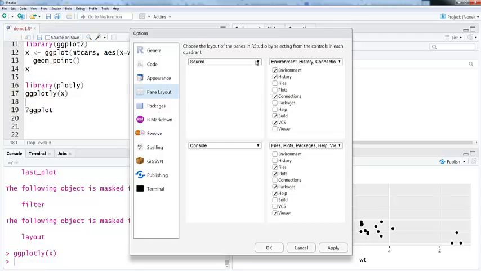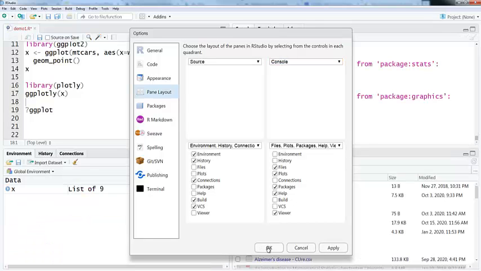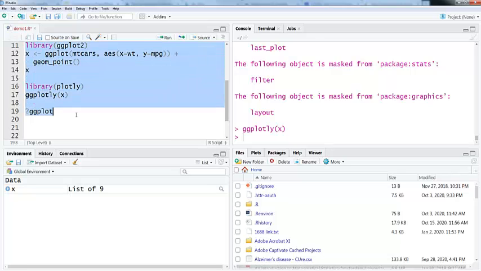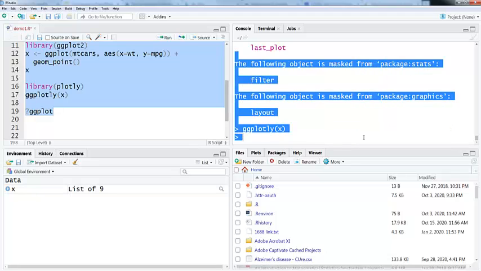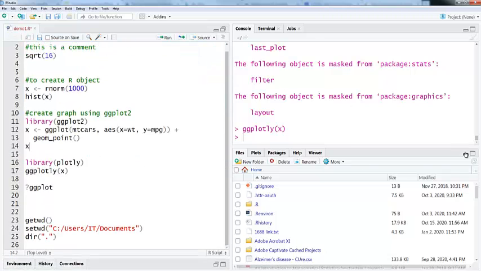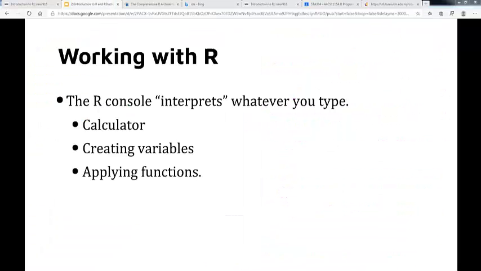In my class, I will change the console to be side by side with the source, so I can show you the example and you can see my working codes here and my result over here. So it looks easier, right? I like it this way, right? It depends on how you like the layout, how you prefer, right? So now,